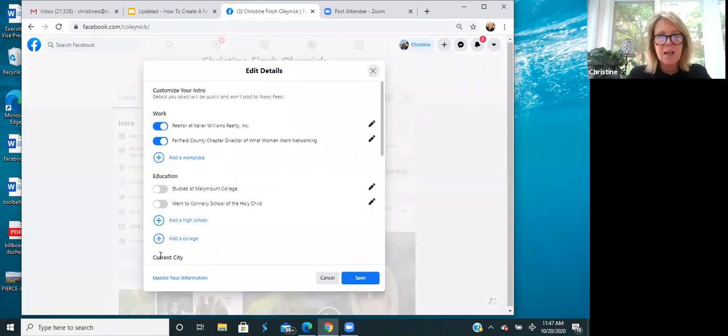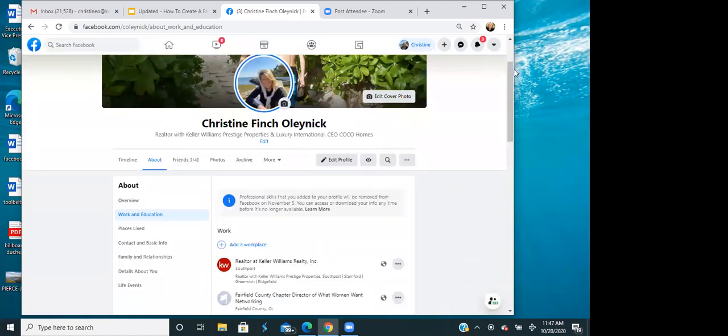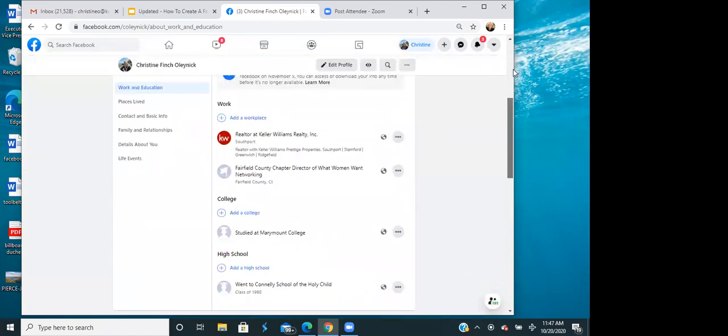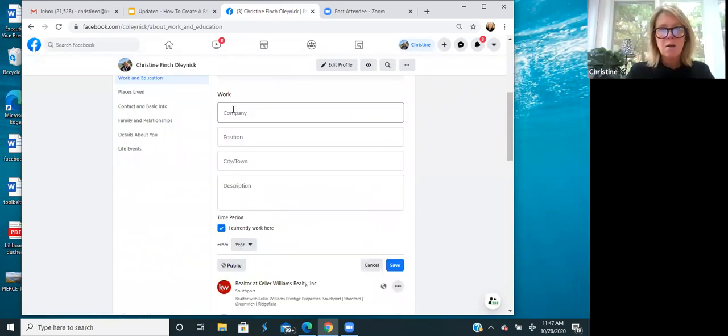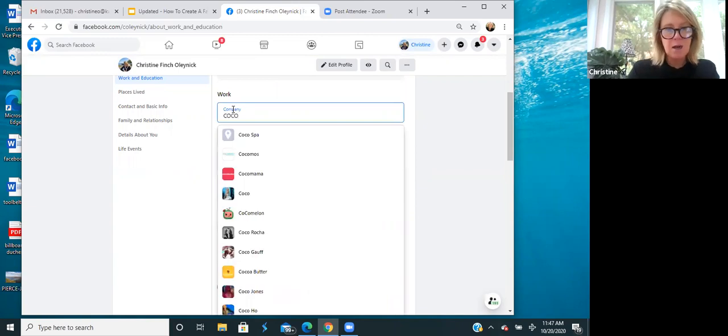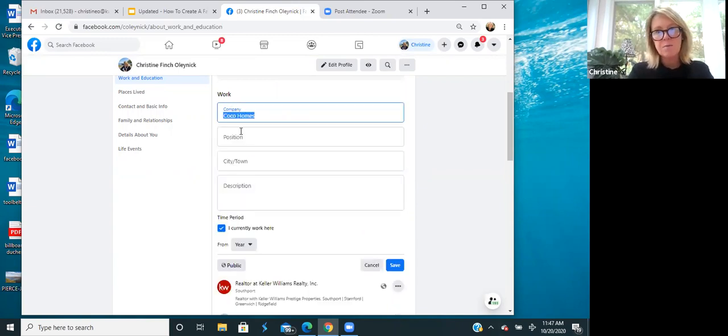So you would edit details and add a workplace. Exactly. So I would add a workplace right here. I'm not going to fill all this out right now, but at least you know where you would go. And then I could hit save.